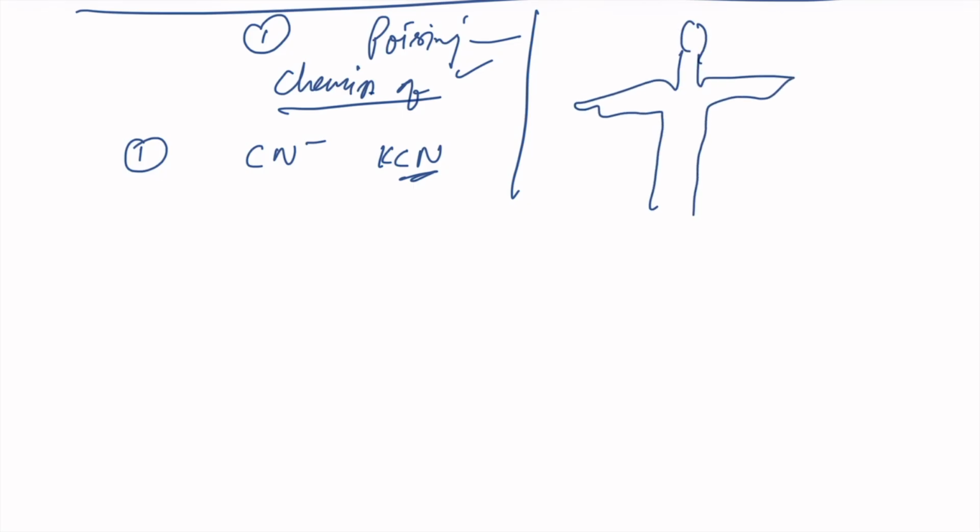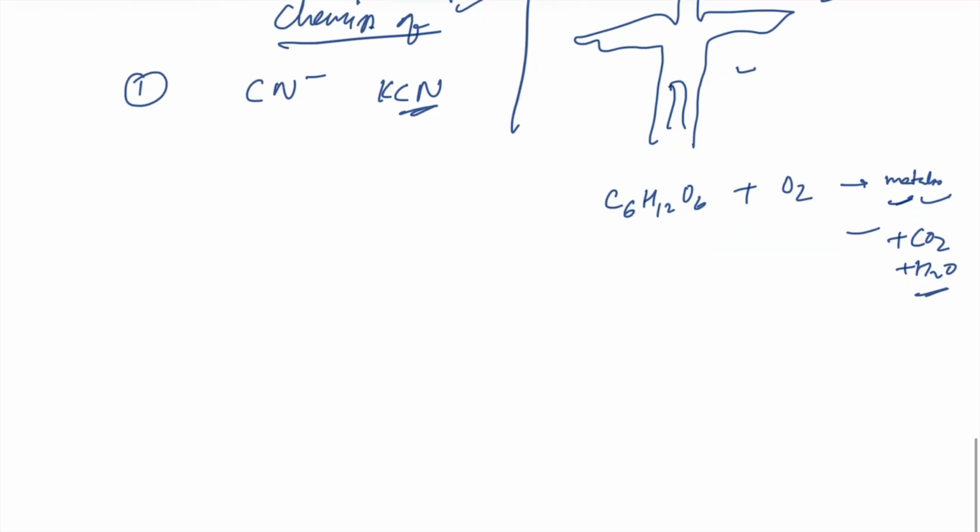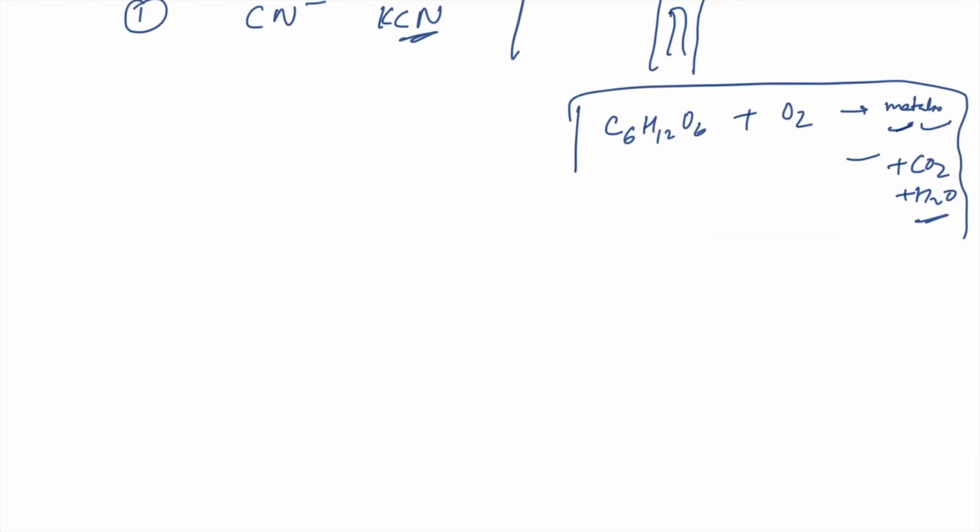Sorry for the diagram, but in our body, to survive we need oxygen, right? Why do we need oxygen? Because you have read about how oxygen and our carbohydrate, I'm just writing the simpler form, it's more complex, react with O2 and give the metabolic energy we need to survive. Our every cell needs energy to survive, and we release CO2 and H2O, right? Now, this is a very primary reaction, and if this reaction is stopped,